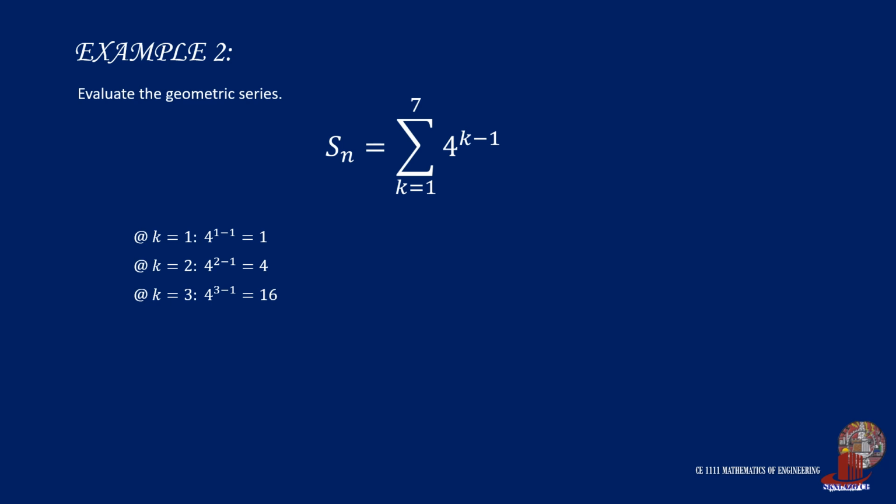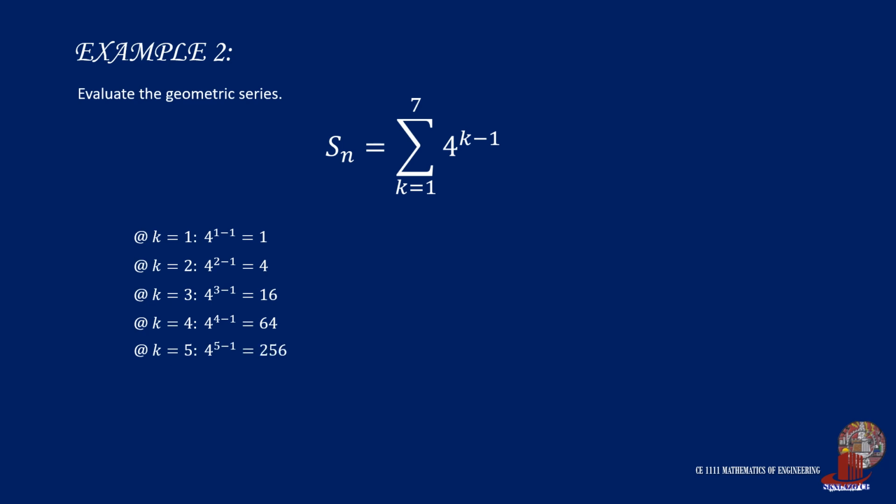Example 2 has a sigma notation where one can notice the rule as a geometric sequence. That is noted by the variable k placed as a power and not just a multiplier. The geometric series at this point can still be computed by identifying each term from k equal to 1 until 7, and doing so, we have 1 if k is equal to 1, 4 if k is equal to 2, 16 when k turned as 3, 64 for k equal to 4,